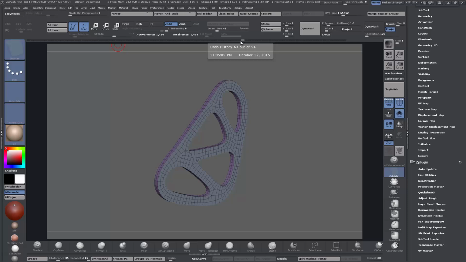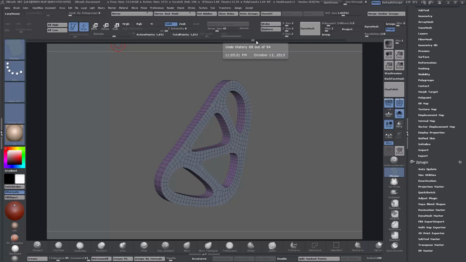So now I've just ZRemeshed it, and now I'm just using ZModeler just to add in some details. Dynamic subdivision to check it out with the shape. Now I've just creased it using angle creasing, angle threshold creasing, and just jumping in and out of dynamic subdivision,